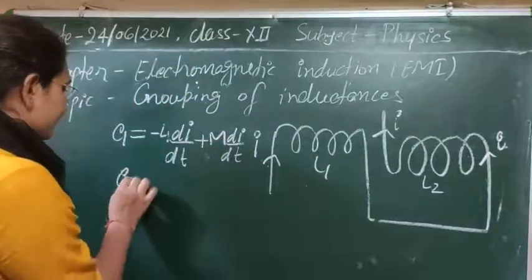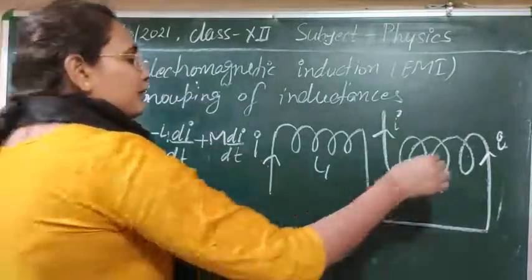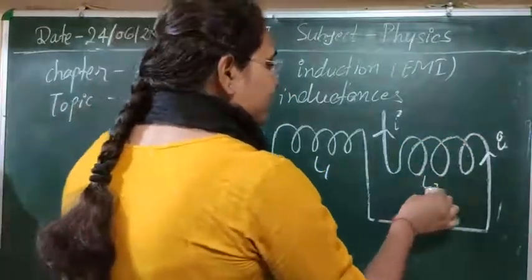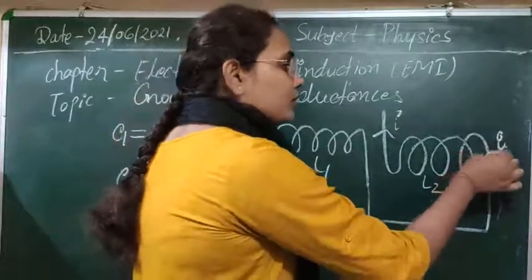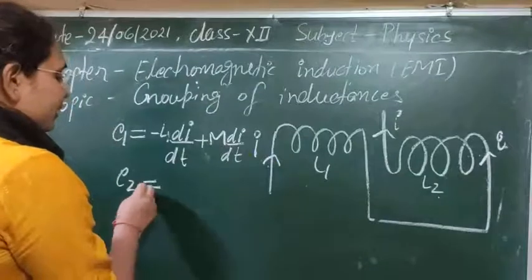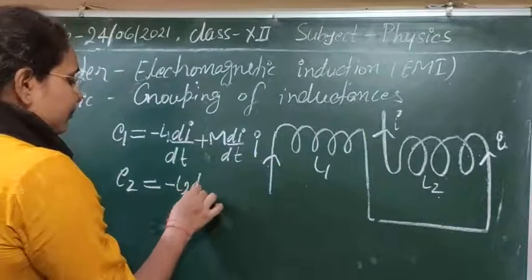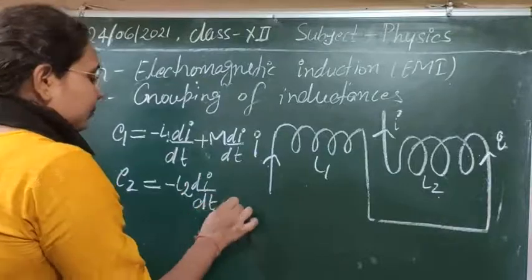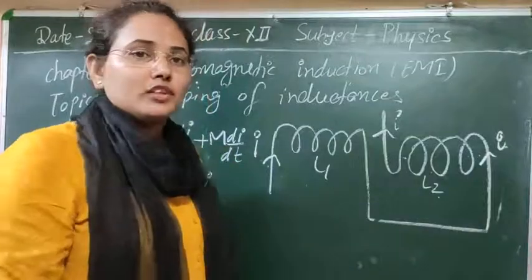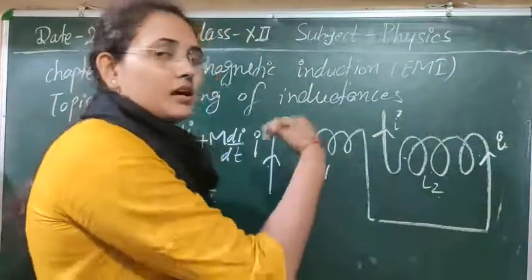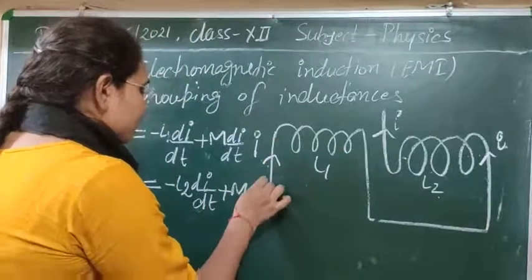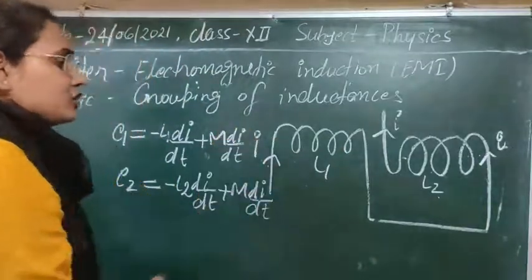Next, for the second one, E2. If I current is flowing through this coil, then we get the self-inductance property due to the change in flux linked with this coil due to the change in this current. So the L2 property gives rise to the induced EMF, which can be given by minus L2 di by dt. But here, as this current and this current have different directions, obviously it will induce the induced EMF in the opposite direction. So the mutual induction is in the opposite direction, so again we get positive here. So these two factors are now clear.